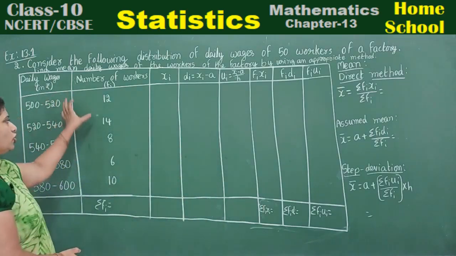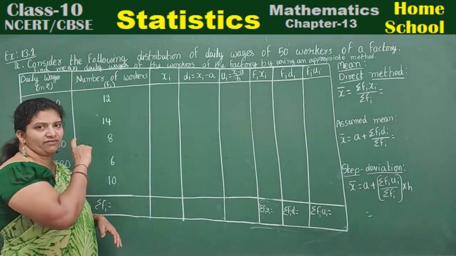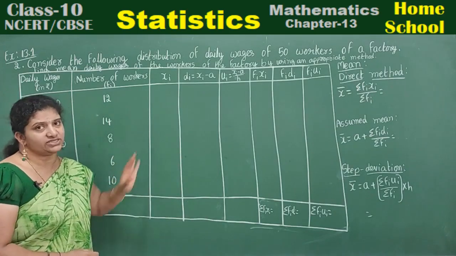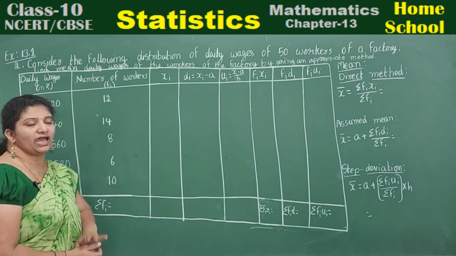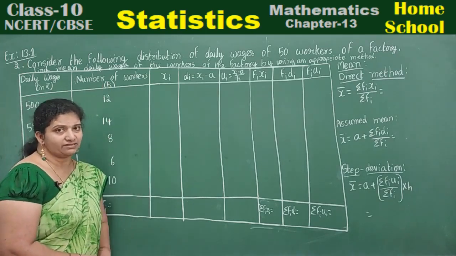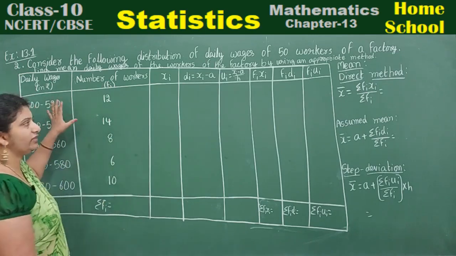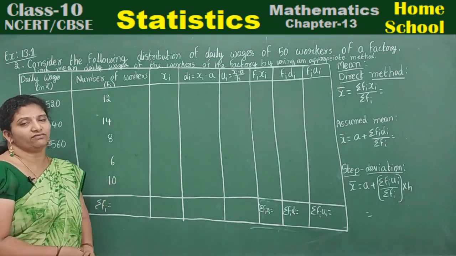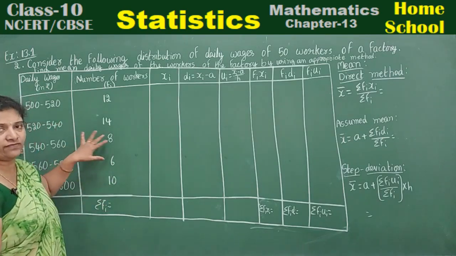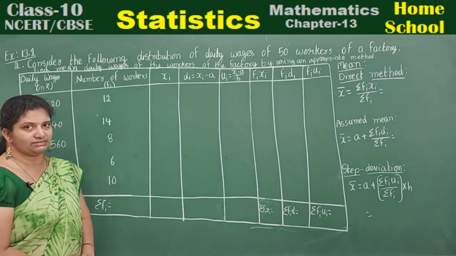So here these two rows, in your textbook they have given as a question. I did not write the question again separately, only the statement I have written in the question. Now when you are writing the answer, you need to take those two rows they have given in class interval and frequency. You have to choose them for the first two columns in your answer.